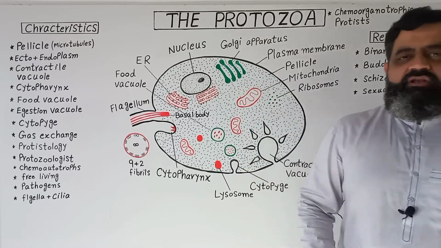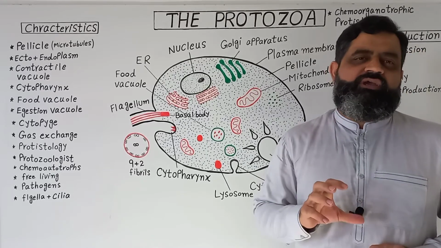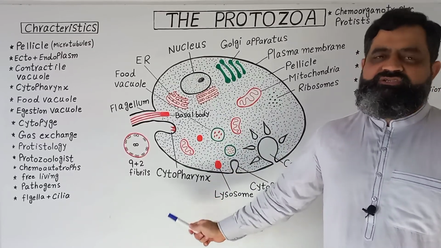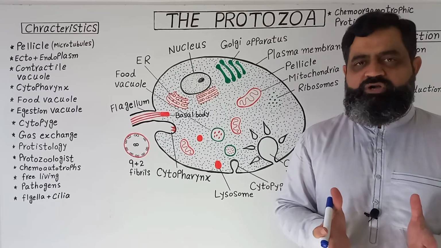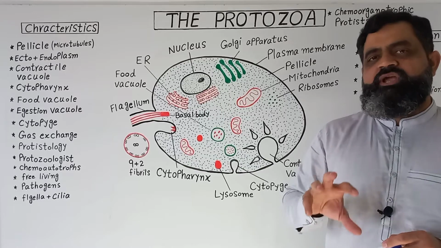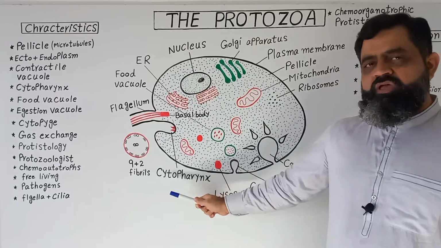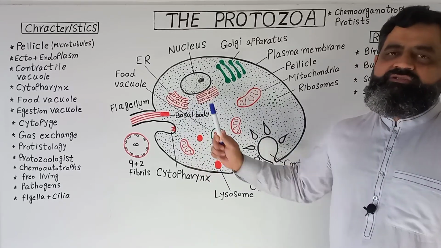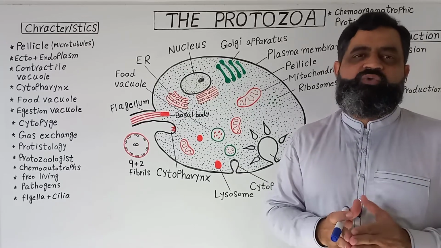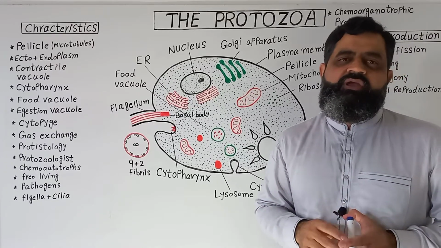These animals usually live in fresh water as well as in marine water. The protozoans living in marine water usually have an isotonic body. Their internal environment is isotonic to the external environment, so they do not have to regulate water. But the protozoans living in freshwater bodies usually regulate water, which is known as osmoregulation, because in freshwater most of the water tends to enter their body, and their body swells like a balloon. If they do not osmoregulate, they will burst like a balloon and their existence will be